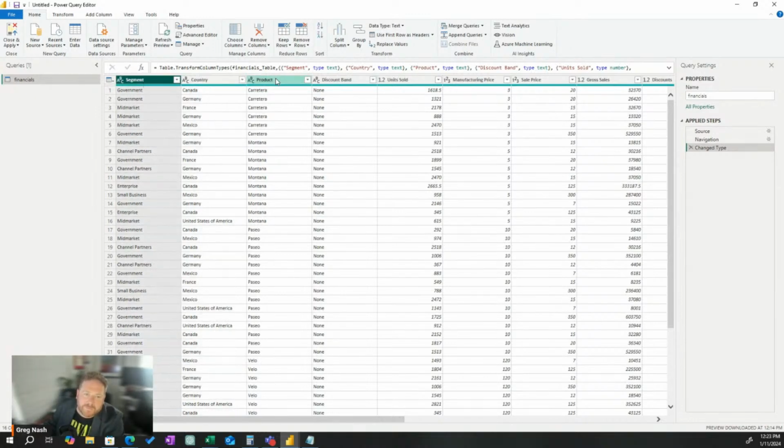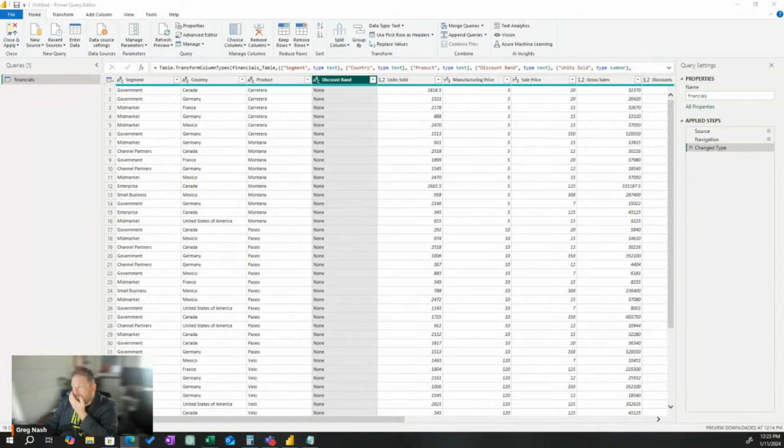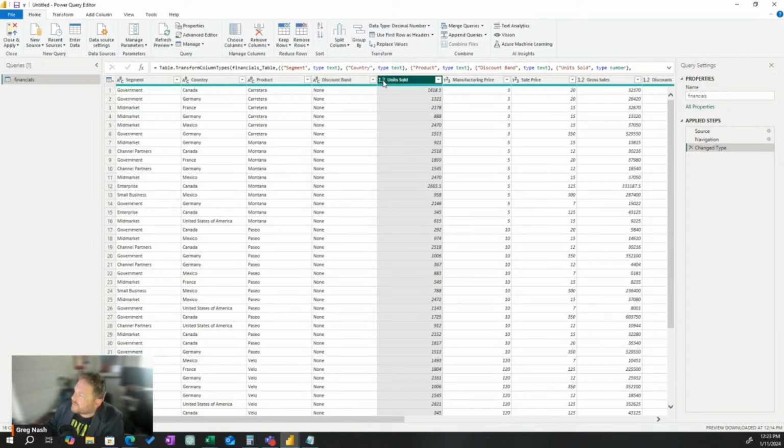This is the place where we mess with our data. We need to do some data type transformations, is basically what's happening. Okay, so the top tells us to select units sold and change this to a whole number. The top data cleaning step that does the most is changing data types. So what do you mean, replace current? Because we've got to change type here.